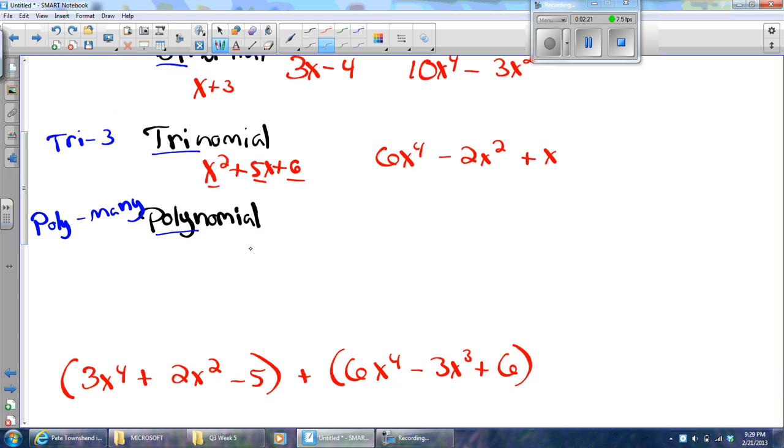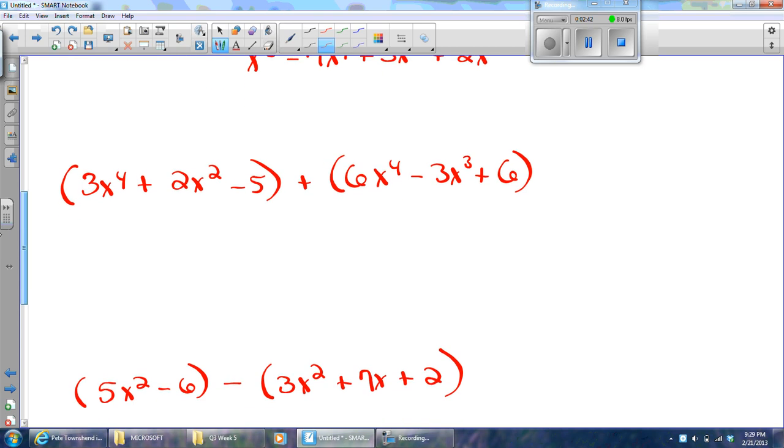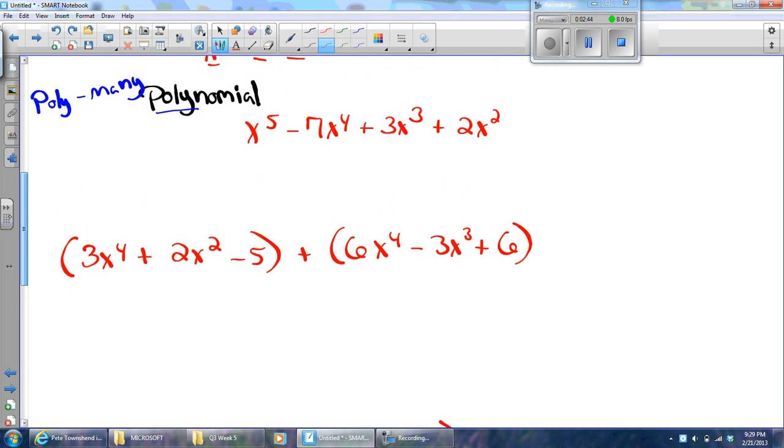polynomial. So, for example, x to the 5th minus 7x to the 4th plus 3x to the 3rd plus 2x squared. That's a polynomial. If I add more terms on, it's still a polynomial. Poly means many. So let's get a little more practice combining our like terms here, and then we'll name